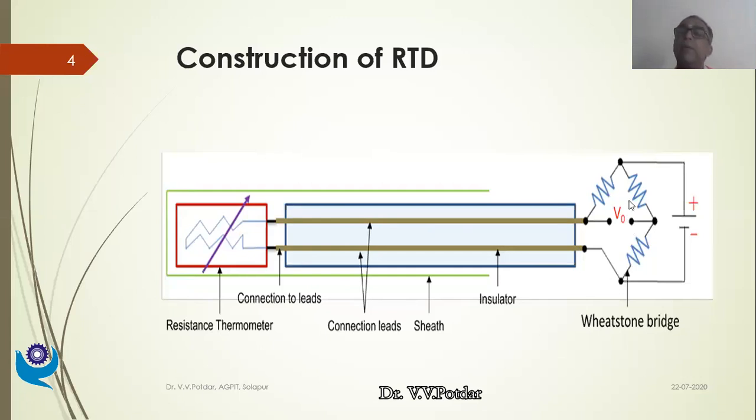This can be properly processed to get me the digital voltage by using an appropriate A to D converter. So I can have a digital display, or this can be given to my furnace controller whose temperature I want to maintain. I want to maintain the temperature of the furnace at 1000 degrees Celsius, let us say. So I wait till the temperature becomes 1000 degrees.